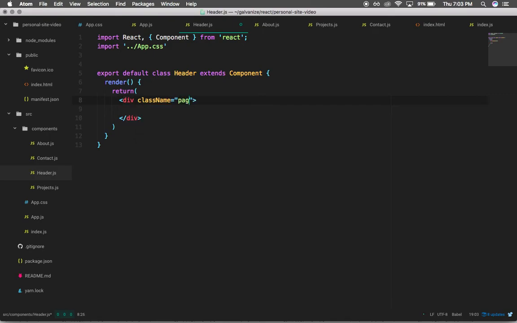And then we'll make this a page header from Bootstrap. And I'll just put h1, Nick McKendry, small, full stack developer. Cool. So now that we've got this header component made,